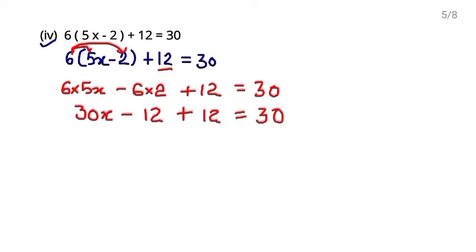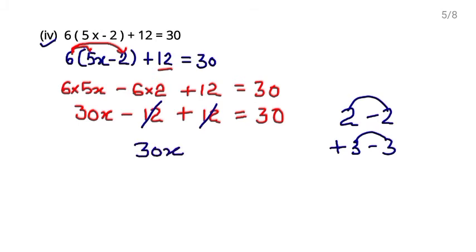Now students, in previous questions also I have explained, if same numbers are there with different signs, अगर same number ही है like 2 minus 2, plus 3 minus 3, if we have same numbers with different signs, right, then we will subtract them. और subtract करेंगे तो क्या मिलेगा? 0, because 2 minus 2 is 0, 3 minus 3 is 0, so 12 minus 12 is 0, so we can cancel them out. अगर same number different sign के साथ हैं, so आप इनको वहीं पर cancel out कर दीजिए. So what is remaining here? 30x is equal to 30.